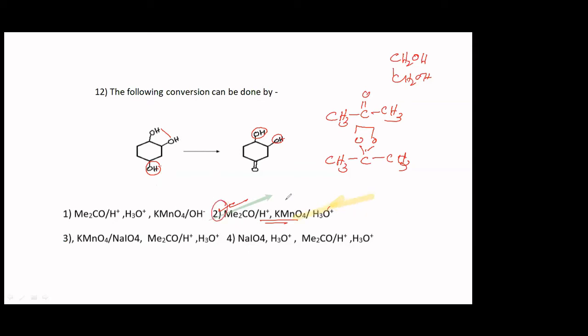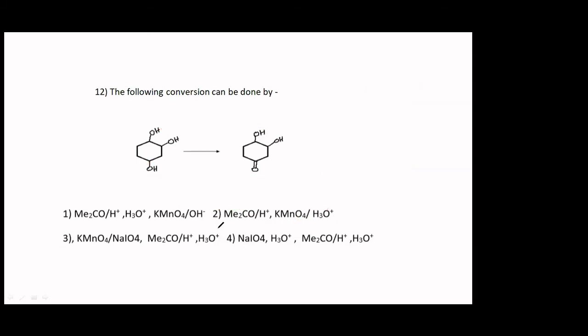Second. Formation of the acetal first, oxidation second, hydrolysis of the acetal that you got to get back your OH groups. That's all. And hence the correct option has to be option 3. Sorry, option 2. Okay. Second, ma'am. It's a very good question. Very important one, especially from the point of view of NEET.